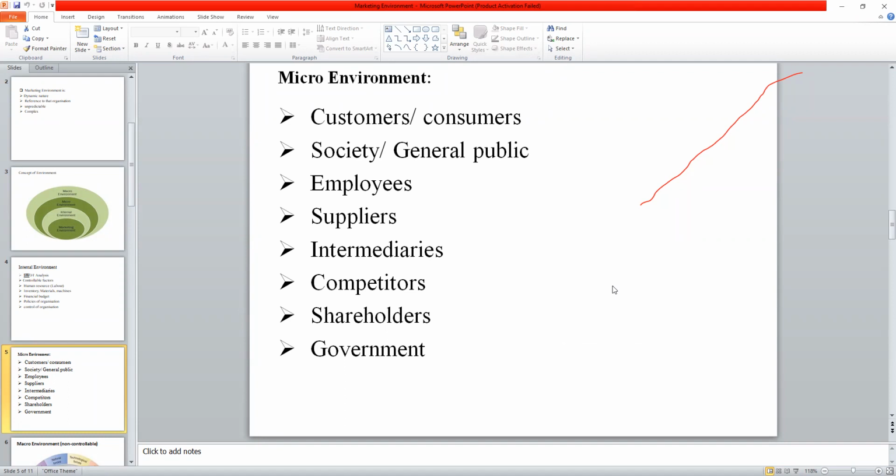Now, if you take an example of health drinks today, we have many competitors here. If you take the FMCG category, there are competitors in this category. Today, very few offerings are left where we can say that there is no competition. Everywhere today there are competitors. There is competition and everybody wants the market share. This